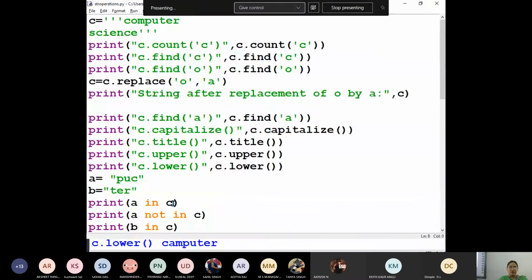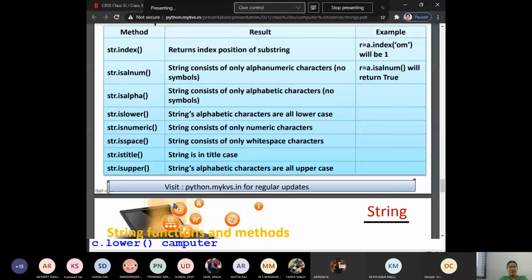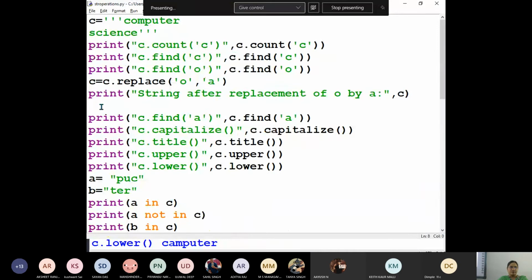Is alnum. So that is alphanumeric character. Okay. So print C dot isalnum. Okay, so is alphanumeric character.